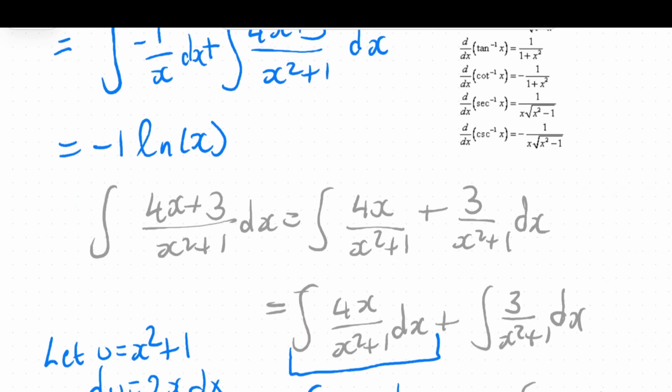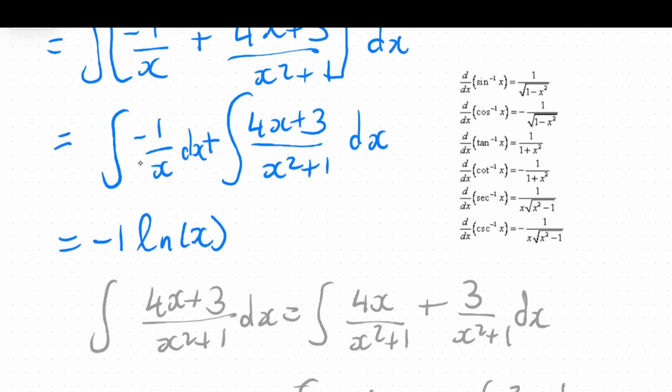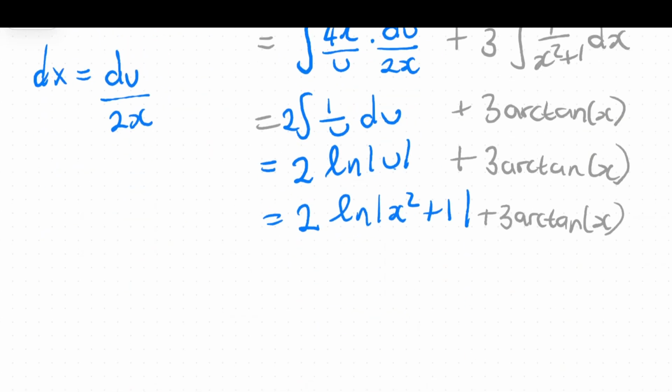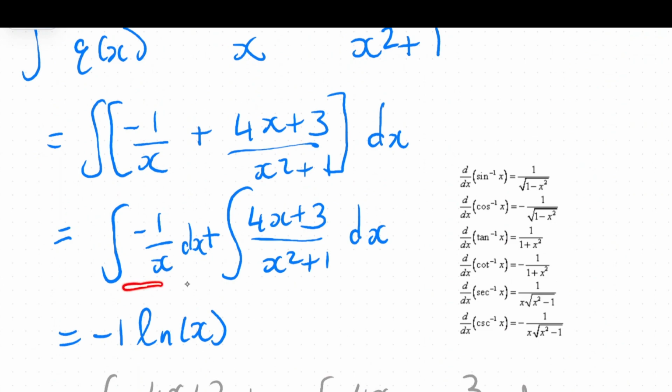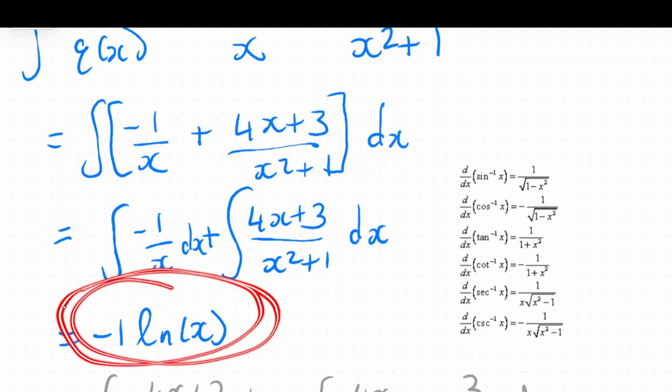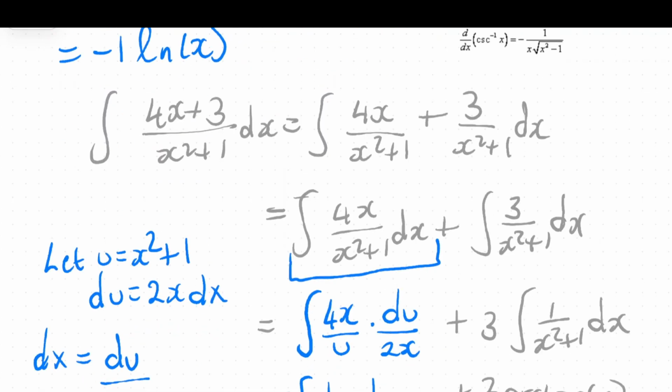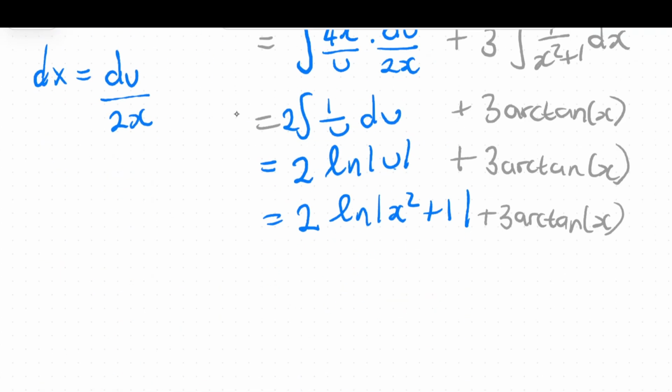Okay, so now let's just go back to the original question. And never forget this part, because remember we broke it up and then we broke this one up to get these values, right? Where we got the answer of 2 ln x squared plus 1 plus 3 arctan of x. But that is not the complete answer. Never forget the fact that we were here and then we did this and we broke it up into other two terms. Always remember that there was a minus ln of x. So the final answer,